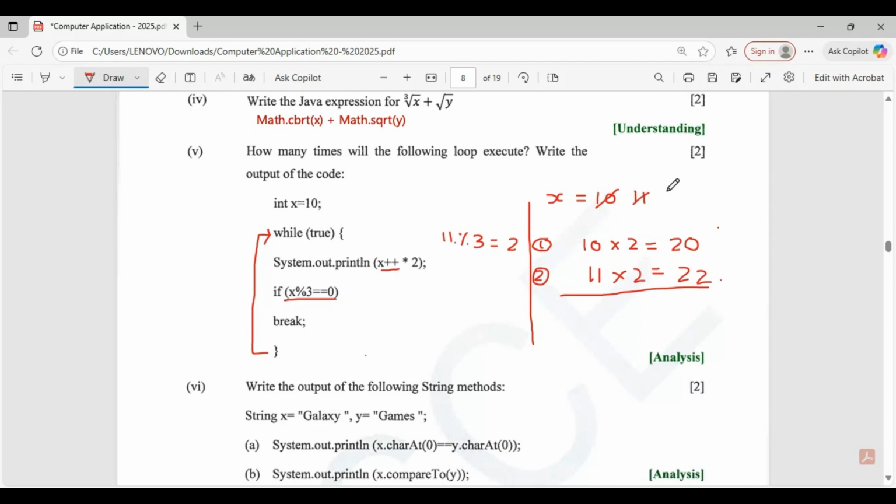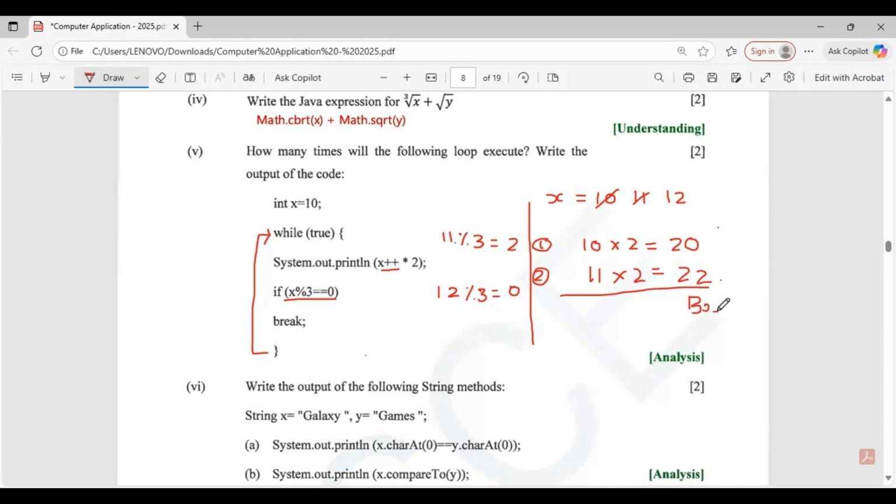So now 11 plus 1 becomes 12. Now after that, it is coming down to if x modulo 3. So now here it is 12 modulo 3, and 3 4s are 12, so the remainder is 0. Now 0 equal to 0 is true, so it will break. The loop will be breaking.